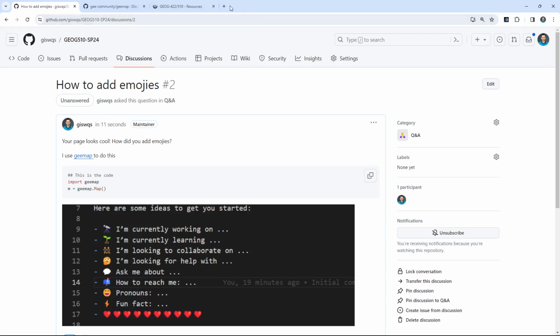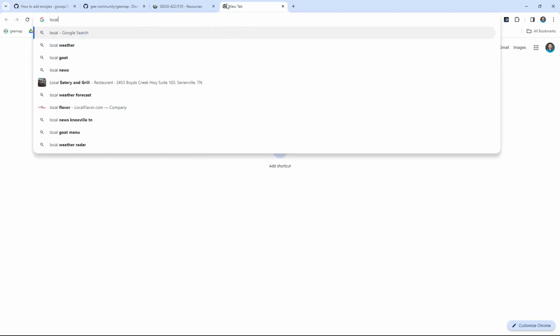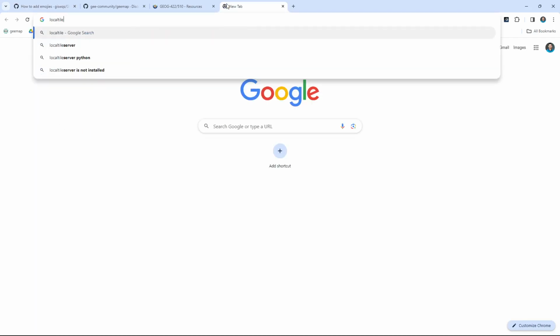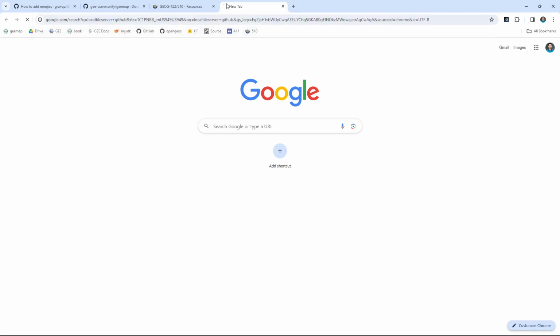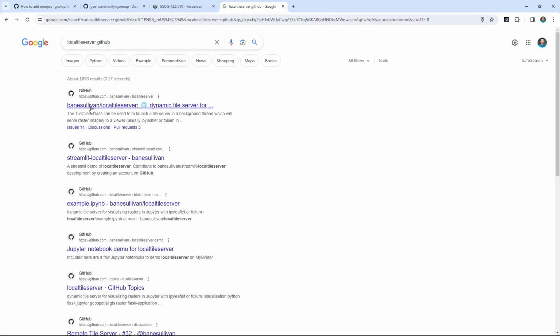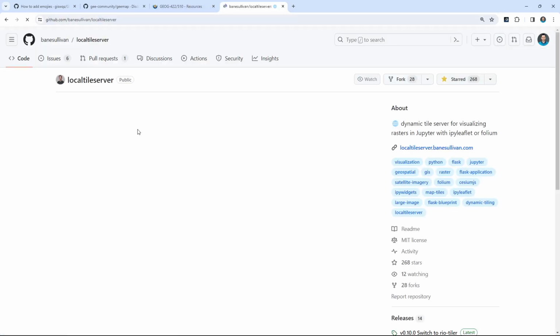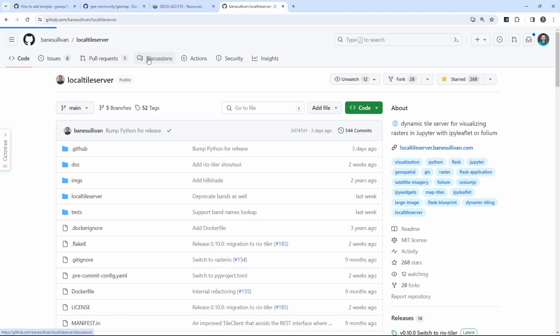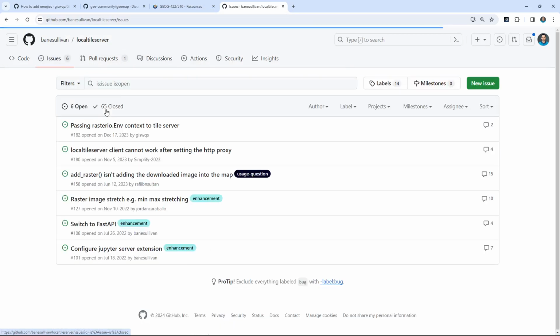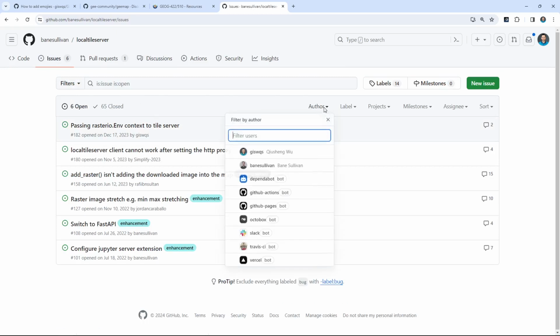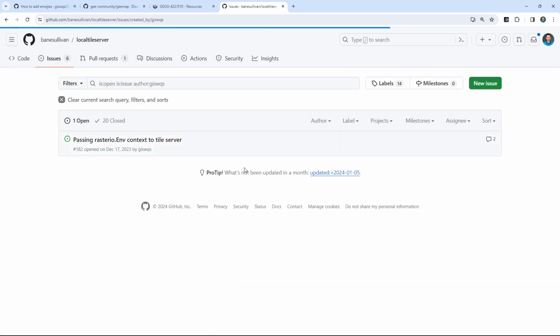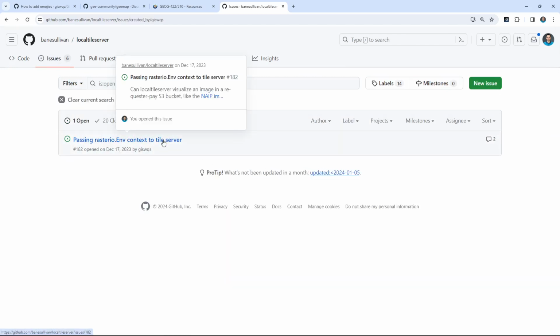So I can show you maybe some questions, for example, that I asked on the local Thai server. For example, I've asked some questions previously on this repo. I'm going to show you how, for example, how to ask questions. Maybe under the issues, no, questions. So in here, I can go here. I can check, for example, some of the questions that I asked before. And